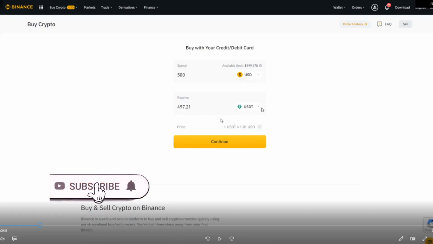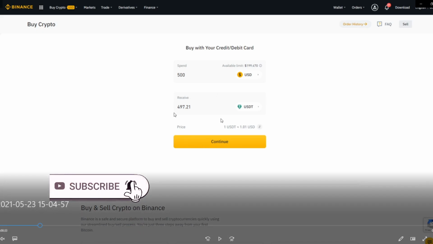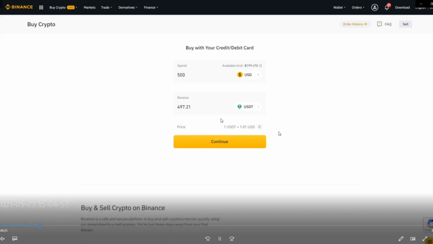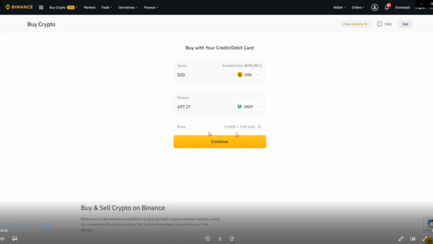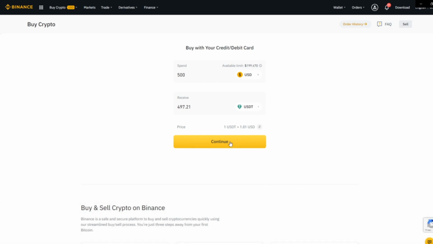In order to buy Mandala token, it is going to be easiest if you decide to go with USDT, as it is the pair that MDXT is trading for. So remember to change the crypto that you want to purchase, and once you have done and filled out those boxes, press continue. I'm not going to do that as I already have deposited on my Binance account, but basically